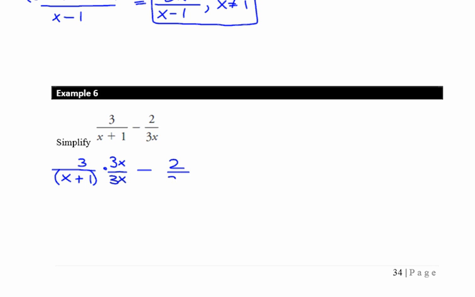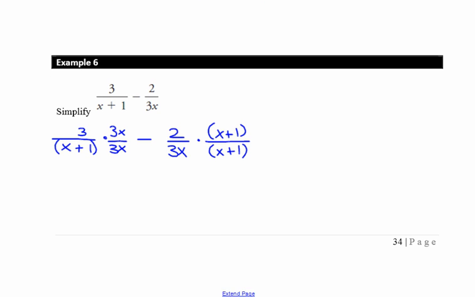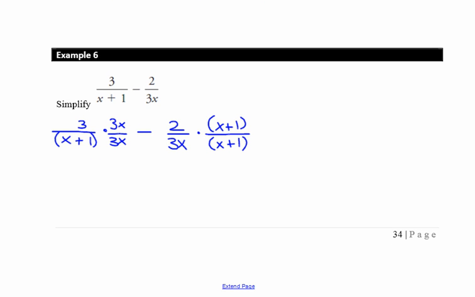Minus 2 over 3x times, so what is this guy missing on the bottom? X plus 1. So multiply top and bottom by x plus 1, because we want a common denominator. The x plus 1, because x plus 1 is different than just x. So you have to keep it together. They're two different things. Okay, so now you could rewrite this as 3 times 3x is 9x all over, I'll put this in front, 3x times x plus 1